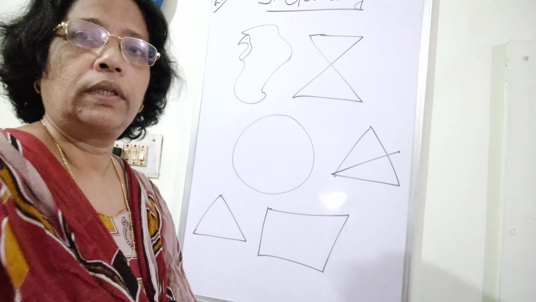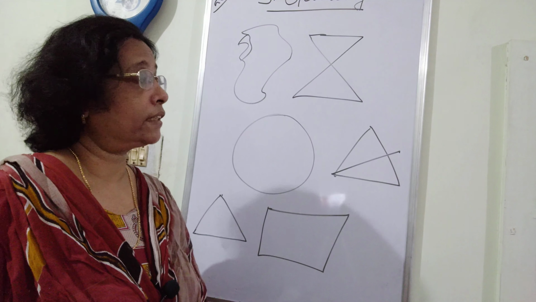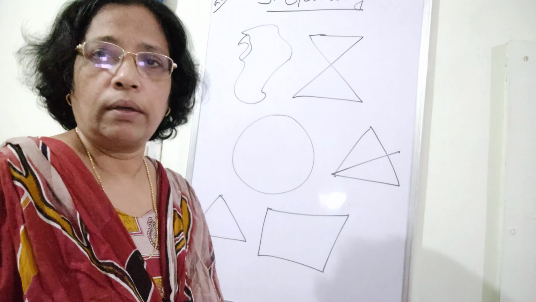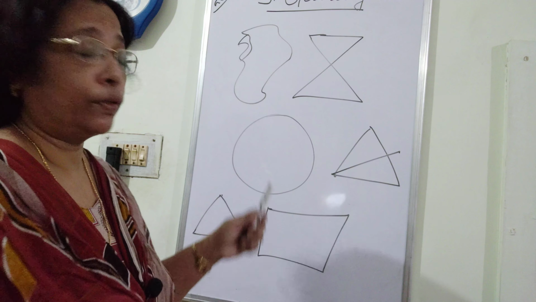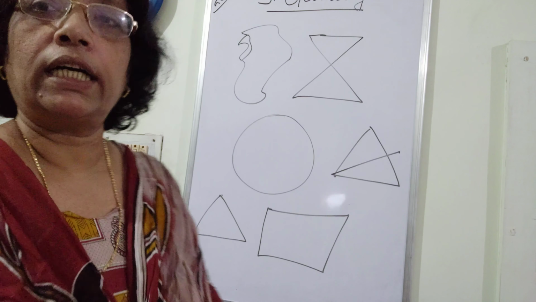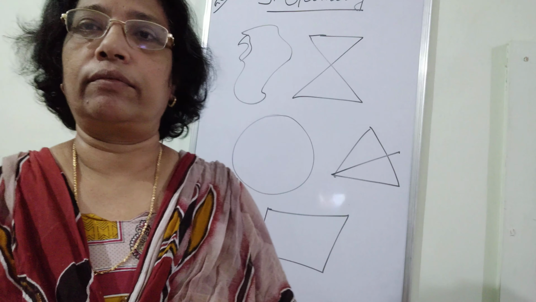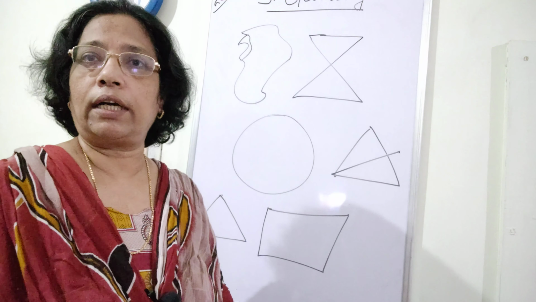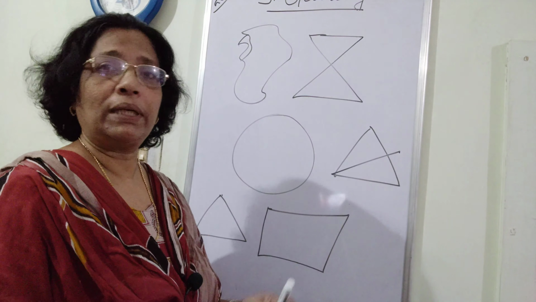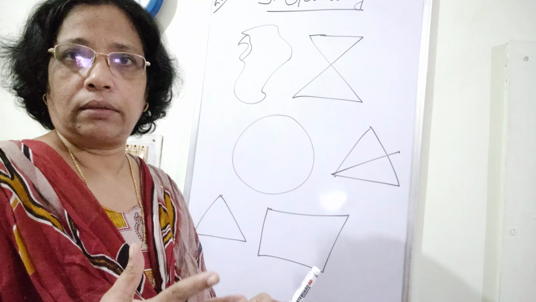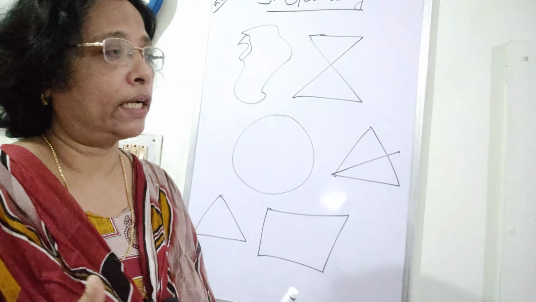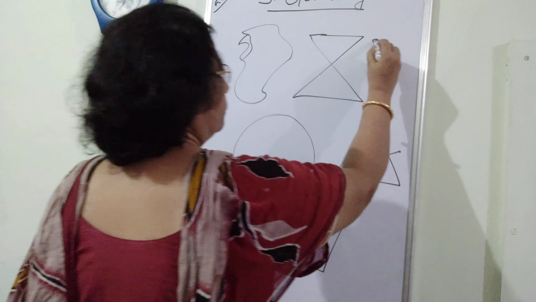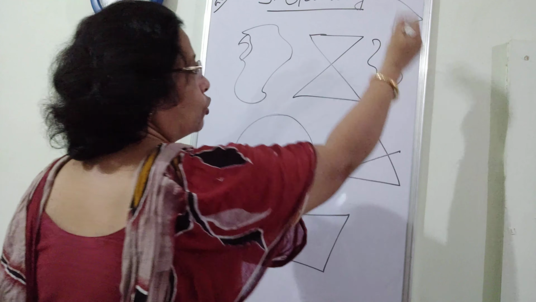Yes? Okay, now see the exercise. You can see different figures drawn in your book. Now see this board, all of you. You already learned simple closed curve, open curve, closed curve. Open curve means it never ends. It has a starting point and a never-ending point, and it never touches. That is open. This is open. So this is an open curve.